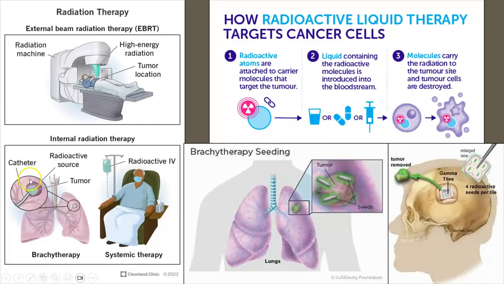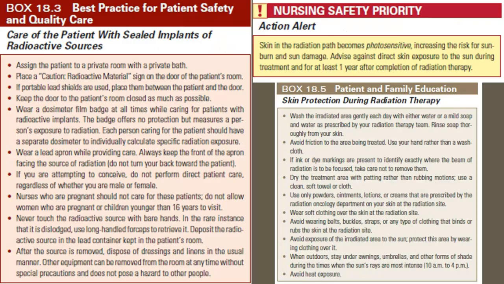So we see here with seeding or sealed, maybe they swallowed it, capsule, what have you, it was implanted, who knows. You can see they open up the scalp and these are the little seeds, and they put that back on and they close it, and only that area is radioactive. Where if they're getting IV radioactive therapy, what goes in must come out, so all of the body fluids are going to be radioactive, including the patient.